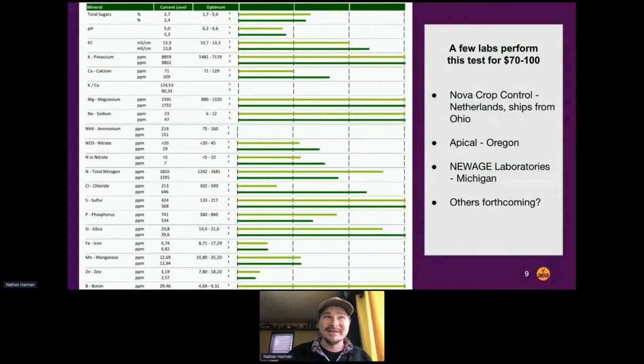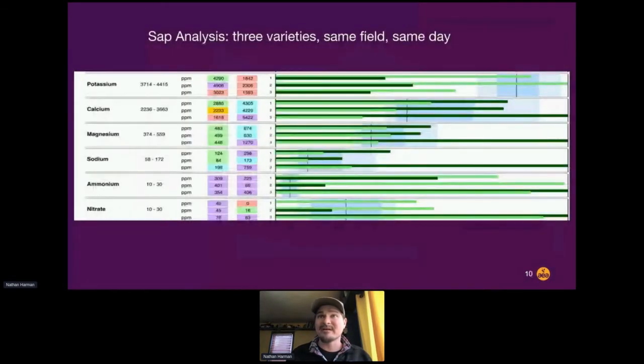You can very clearly see the result of an application or a growing practice. Its disadvantage, if any, is that you really should take multiple throughout the season. It is not a one-time thing. Yeah, that's kind of across the board, no matter the sap test that you're getting. AEA then takes that kind of data, and thanks to our wizard,